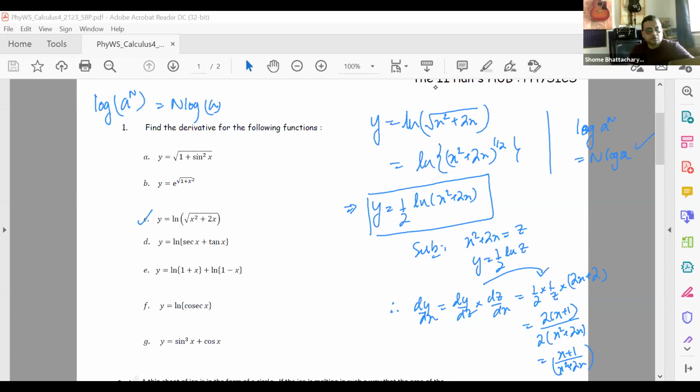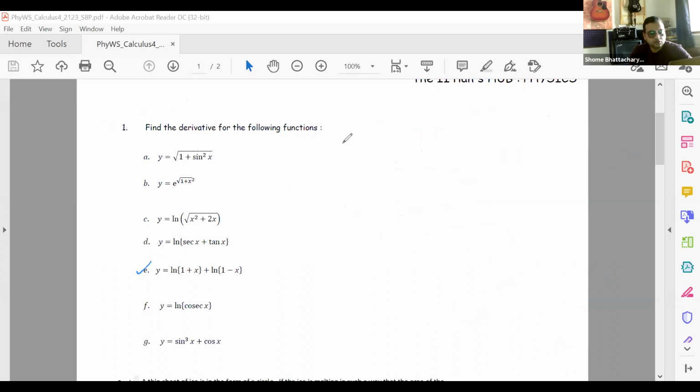Okay, so I'm clearing this now. Let's come to part E. So part E is like, you have to apply the chain rule for each of these individual things. So differentiation of y with respect to x, when we take the differential operator inside, is going to be differentiation of this term ln(1 plus x), okay,